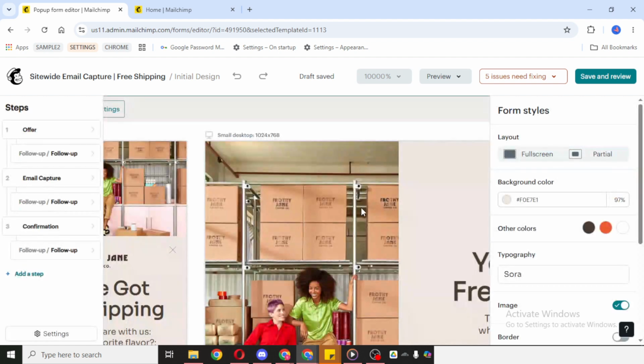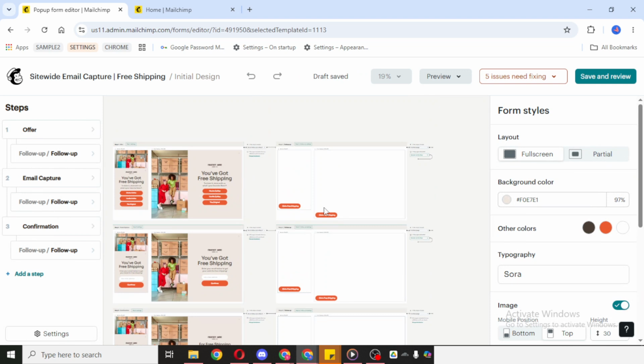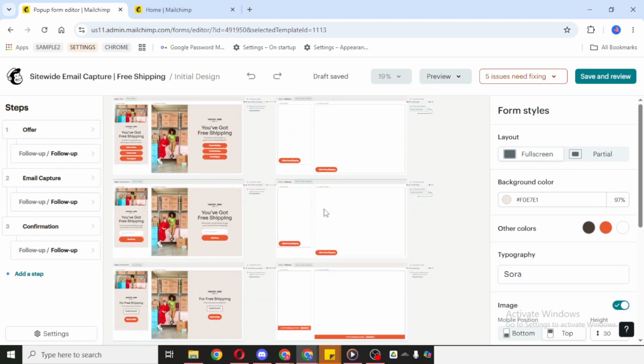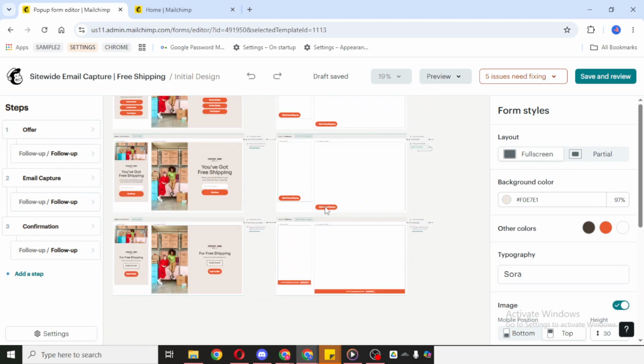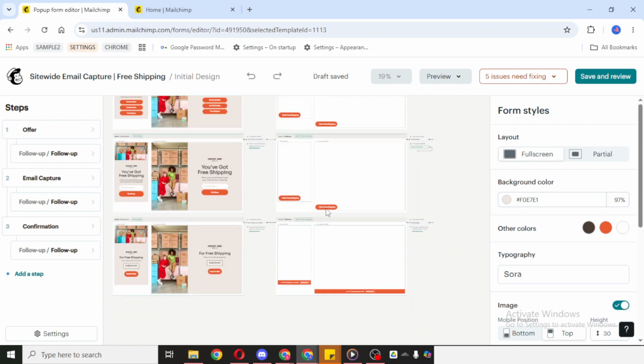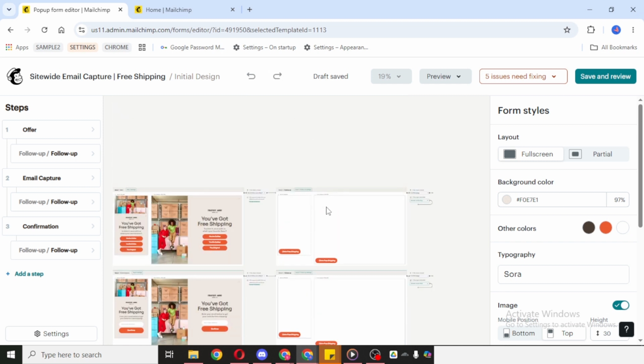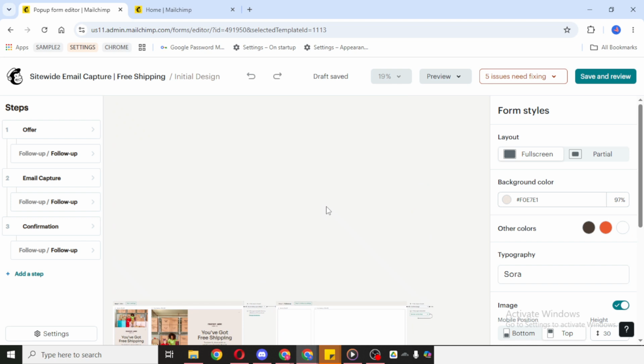Make sure the message is easy to understand at a glance, since visitors will only spend a few seconds deciding whether to engage with it. Take your time reviewing each part of the form before finishing. Small design choices can make a big difference in how polished and professional the final result feels. Once you've styled everything the way you want, your pop-up form will be much better positioned to capture attention and encourage sign-ups. That's how to design and style pop-up forms in MailChimp.